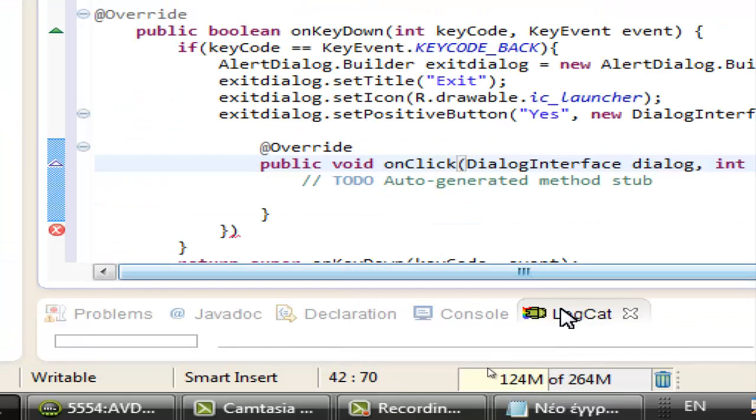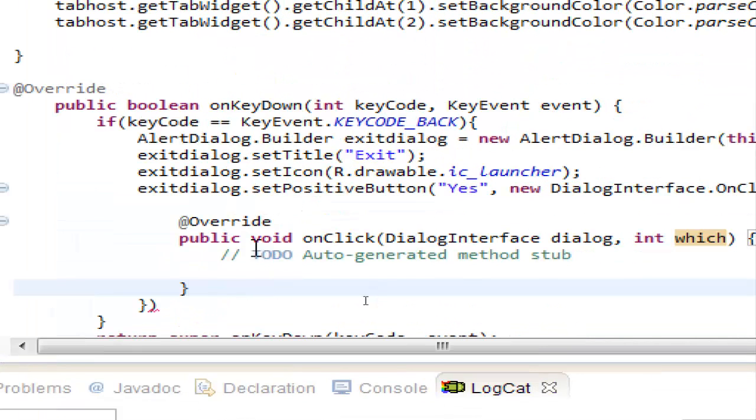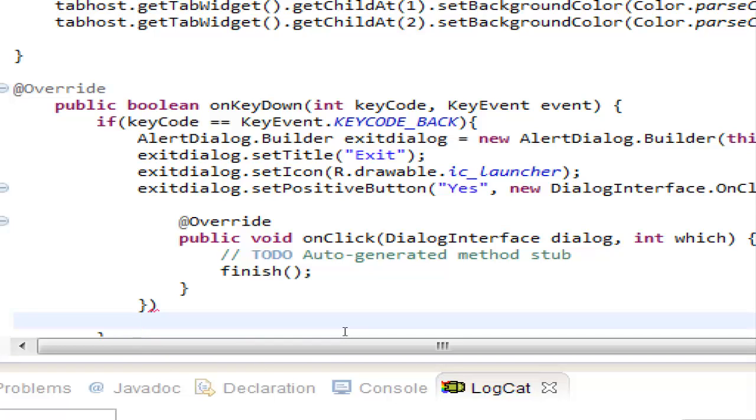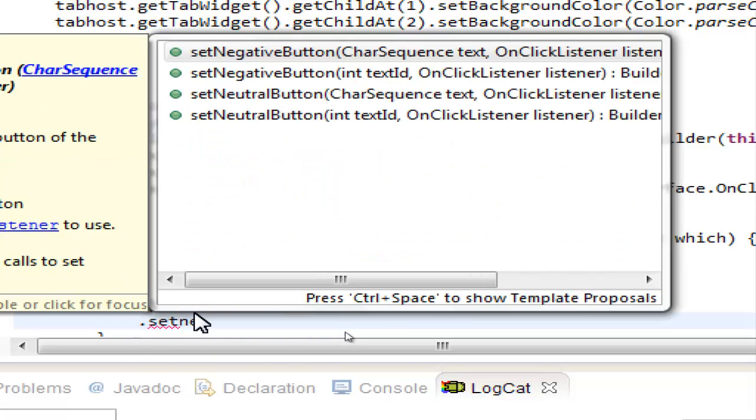So what we want to do when the user clicks Yes on this dialog, we want to finish the activity. So we can close here, or we can continue to set the negative button